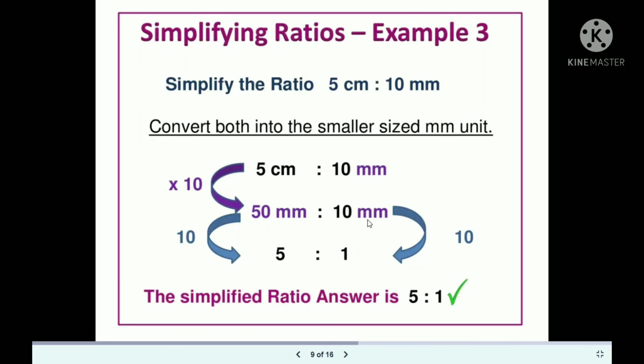And we know that the GCF of 50 and 10 is 10. So, 10 divided by 10 is 1. And then 50 divided by 10 is 5. So, the simplified